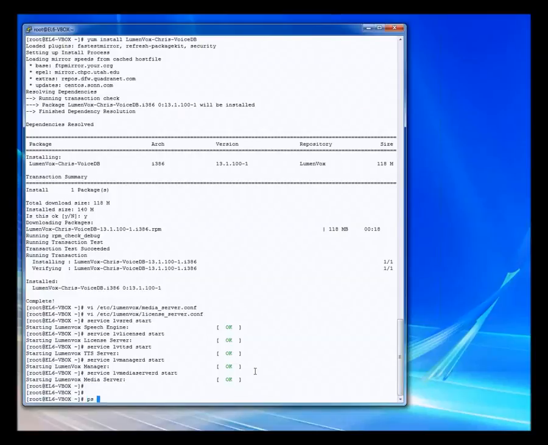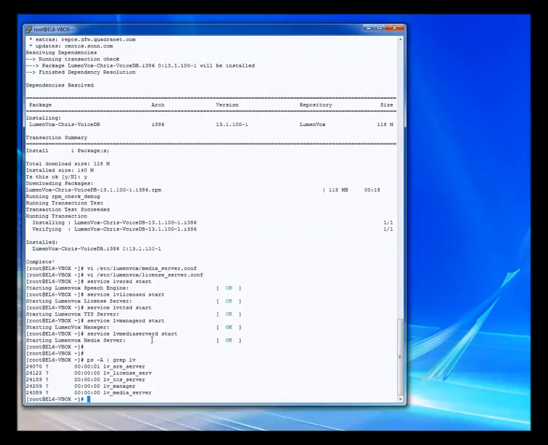Give them a few seconds to do their thing. Then we can actually verify that they are running by doing a ps with a grep for LV for the LumenVox tag. We can see here that all of the services are indeed running. If you want to do a quick sanity check to make sure that everything is doing what it should be doing,